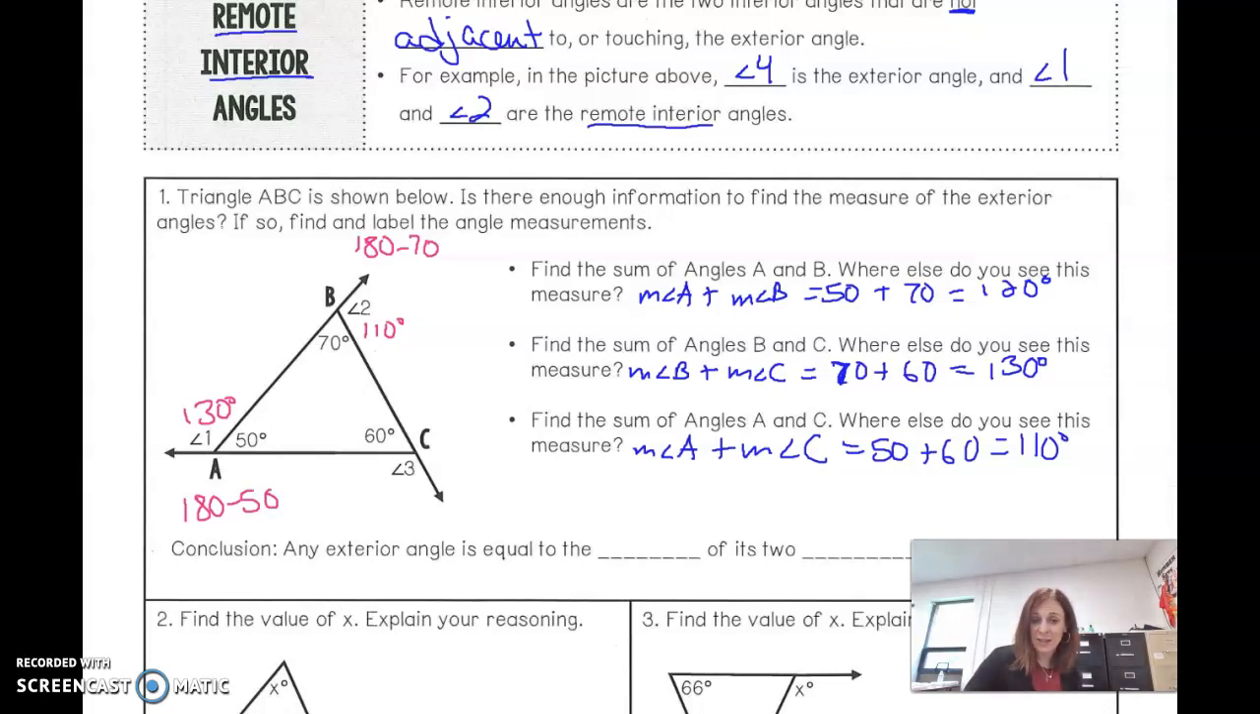So angle 3 here, if these two have to add to be 180, I can go 180 minus 60, and angle 3 has to be 120 degrees. Notice